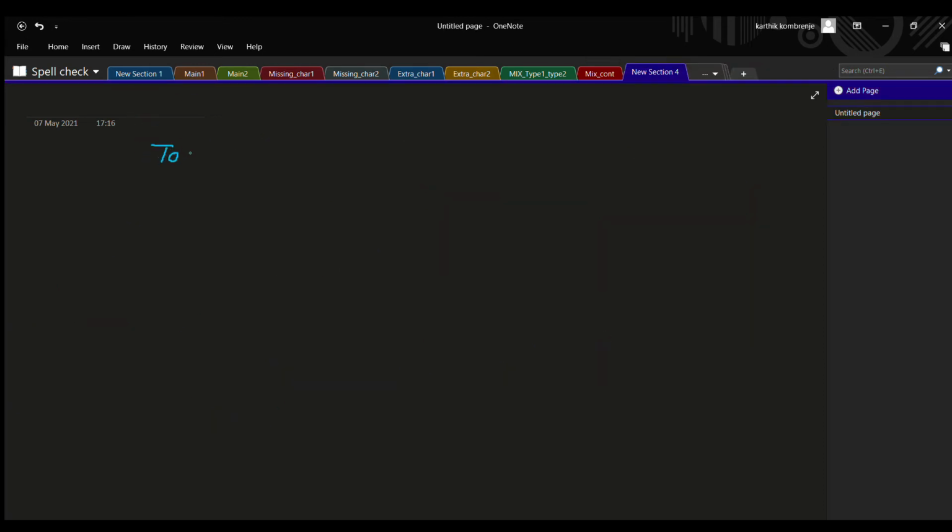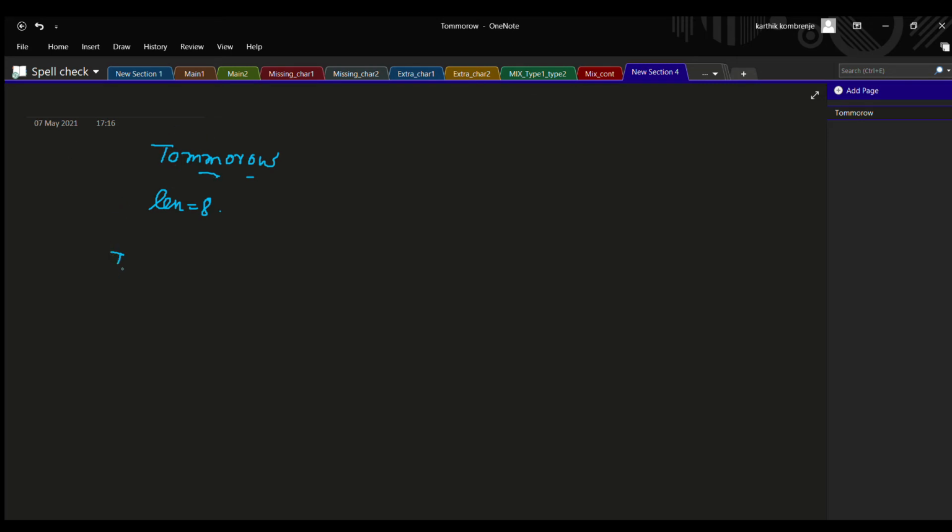For example, let me enter TMMOROW, where M is extra over here and R is missing over here. So what we do is find the length of it. The length is 8 over here. Let me now run a for loop which will remove each and every character one by one.